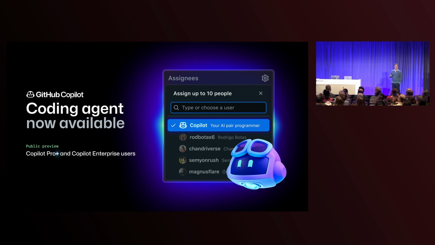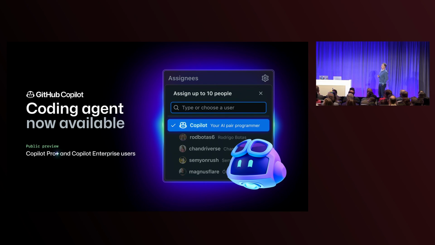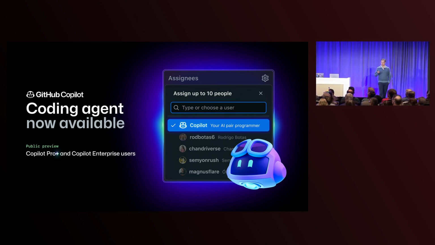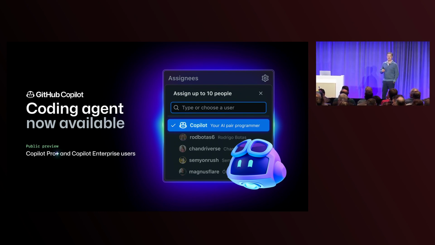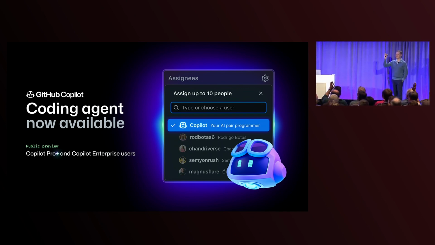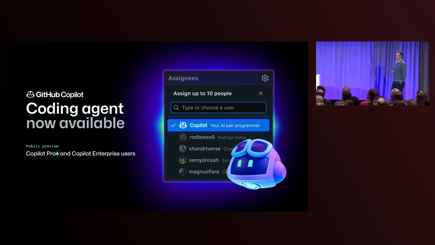So Coding Agent is available now. It is our latest feature for agentic coding within the GitHub platform. GitHub Copilot Coding Agent is available in GitHub Copilot Pro Plus and Enterprise for anyone to use today. I'm going to do a raise your hands. Has anyone already tried it? A few folks. Oh, there we go. Great. OK. So lots of folks already trying it out. We'd love to see that. Today we're going to do a deep dive on what we've done with Coding Agent and the technology behind it.